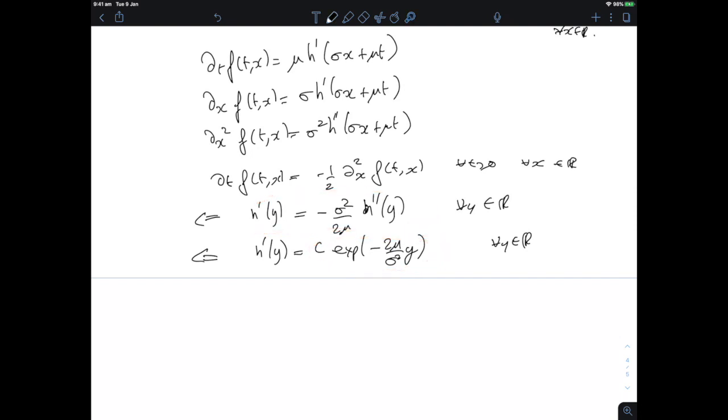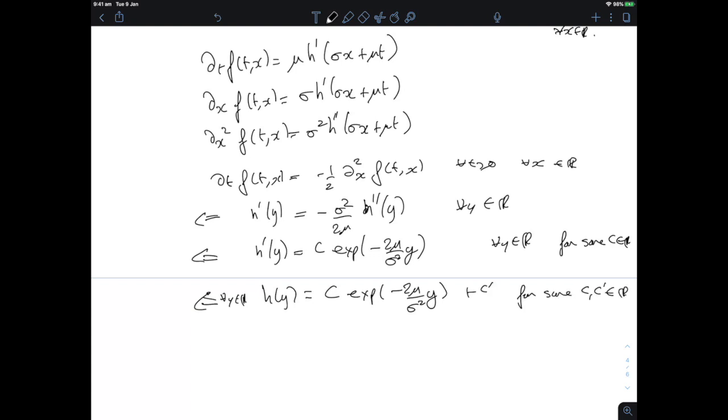So anything of that form would do, which means that if I were to take an h of this form, exponential minus 2 mu over sigma squared y plus some c prime, for some c in R, for all y in R, for some c and c prime in R, then this would give me a solution. So I just need to pick an h of that form, and I have two parameters c and c prime that I can freely choose, and I will choose them such that I have h of a equal to 1